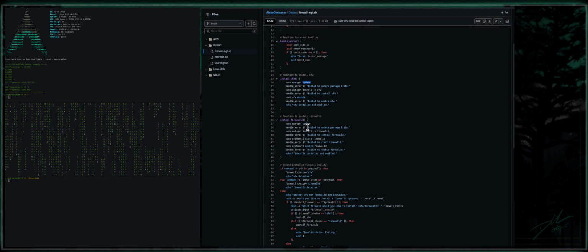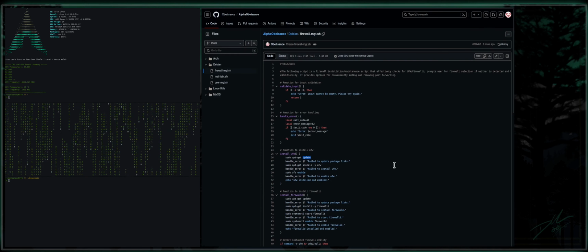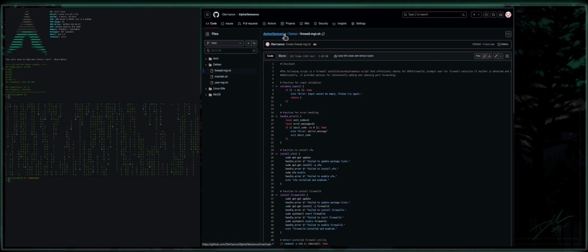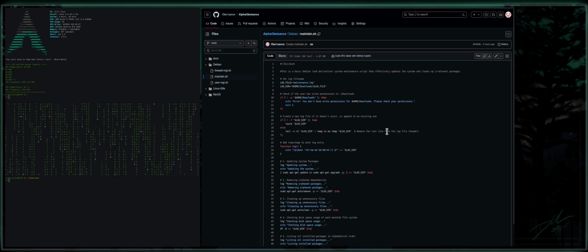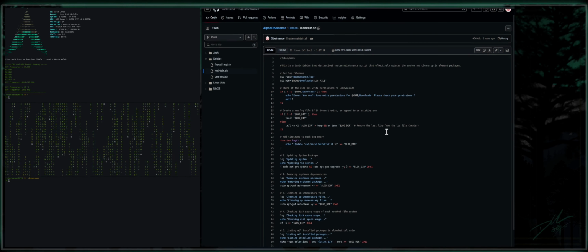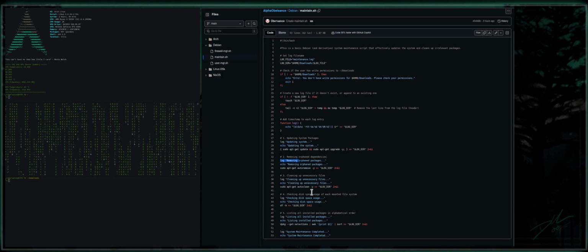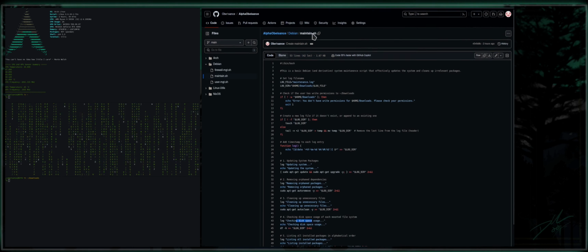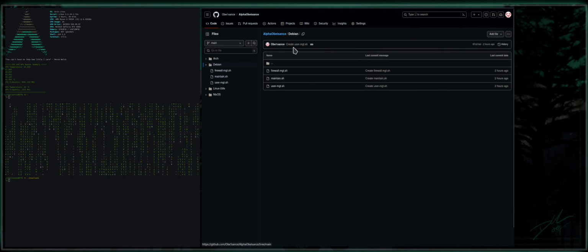And so all you got to do is just go step by step and reverse engineer it to see exactly what's happening here. That being said, next we've got the maintain script. This keeps your system updated and cleaned up. There's really not much else to say about it. It cleans up orphan packages and unnecessary files, checks disk space, and so on and so forth. Pretty basic. So if you want to update your system and clean it all at the same time, you run